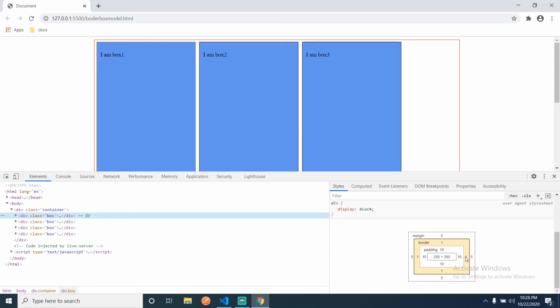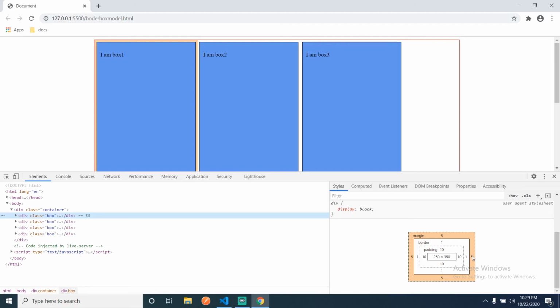And if we calculate for margin as well, 272 plus 10, it will become 282. So 282 multiplied by 4, it will become 1128. So 168 pixels are going extra, so that is why it is coming into the second row.